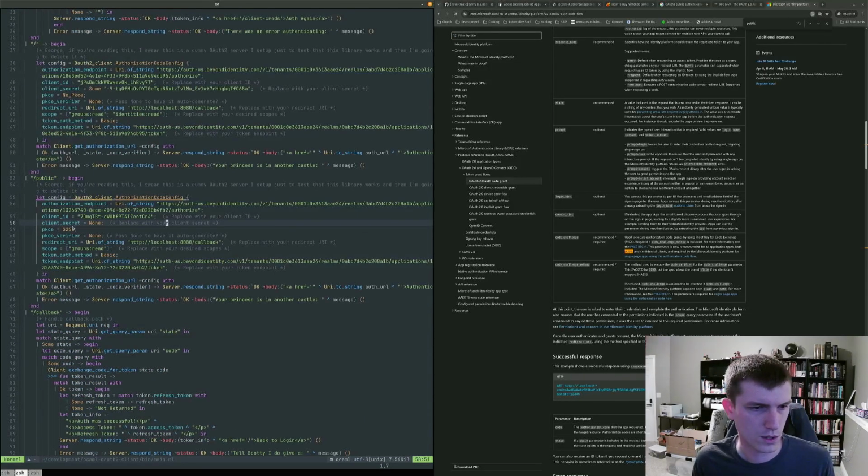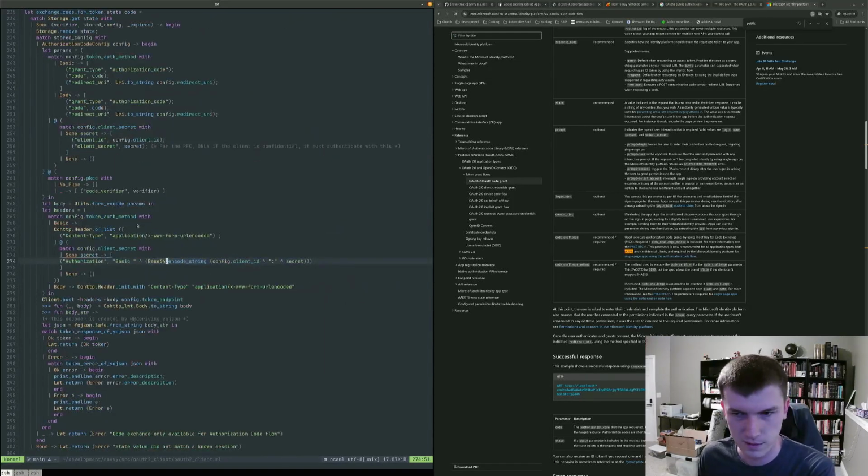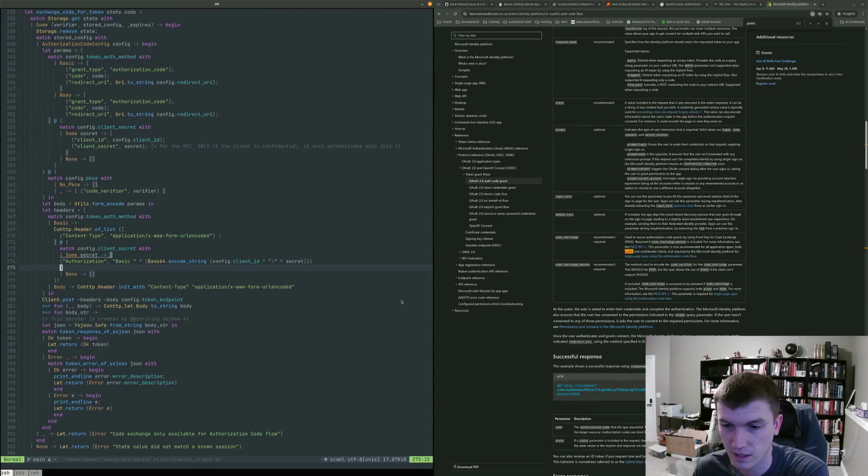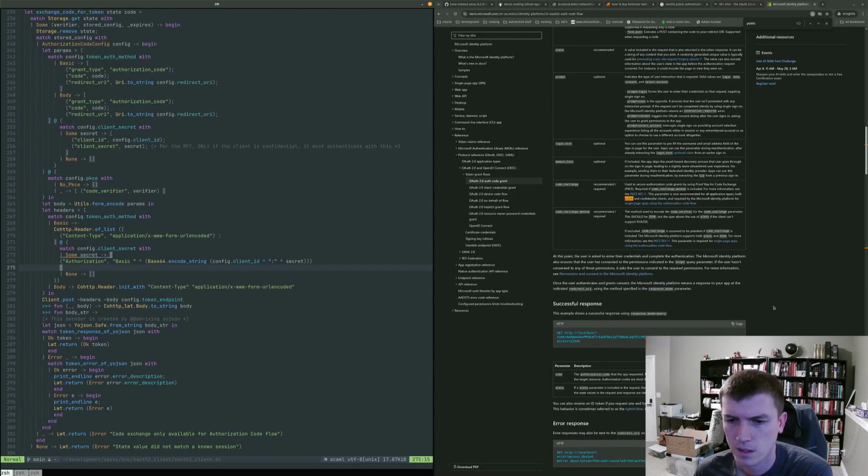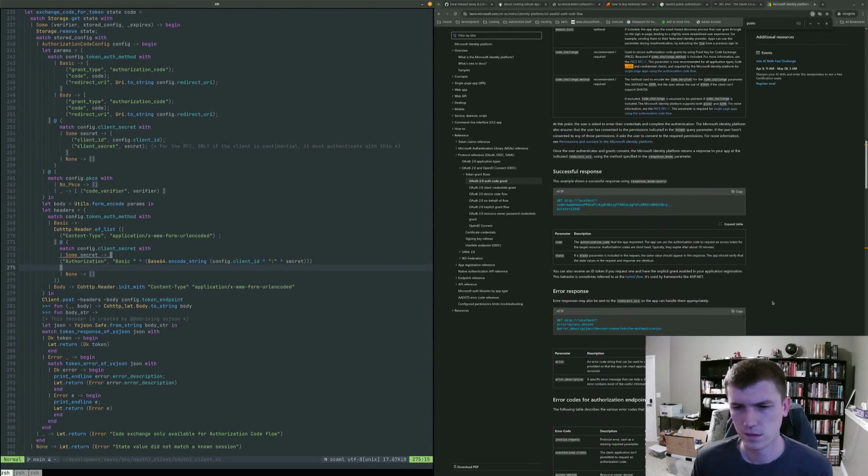Yeah, I'm using SHA-256 PKCE, the strongest form of PKCE, which is such a crazy thing to say about a flow that sounds so cute and adorable. All right.